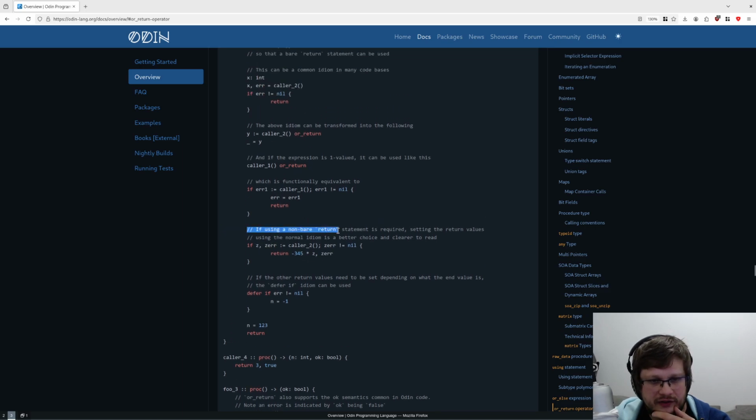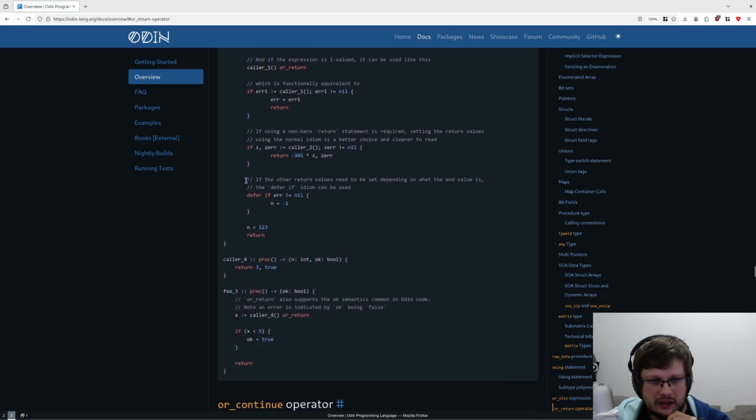If using a non-bare return statement is required, setting the return values using the normal idiom is a better choice. Yeah. If the other return values need to be set depending on what the end value is, if error not equals nil, n minus 1, return.